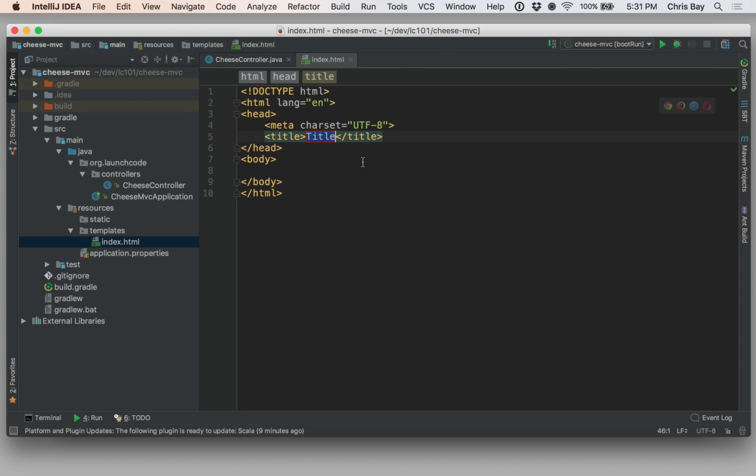Okay, and so we get just a plain HTML file that is generated from a template that IntelliJ has. IntelliJ doesn't really know that we want to use this as a Thymeleaf template, so it's going to give us just a plain HTML template. However, there are a couple things that we want to do here. So in particular, I want to go up to the HTML tag, and I want to add